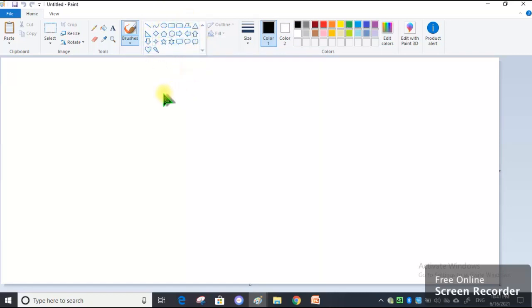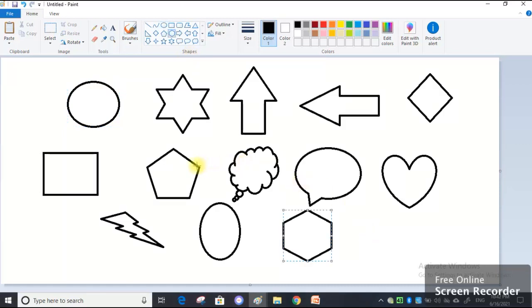You have to draw all the shapes. So I am clicking the first, circle. So I am going to include all the shapes. See, I have drawn all the shapes. Now you have to fill color. So which symbol should you go to? Bucket. Fill color. So for each shape you have to give different colors. See, fill color. Now select one color.